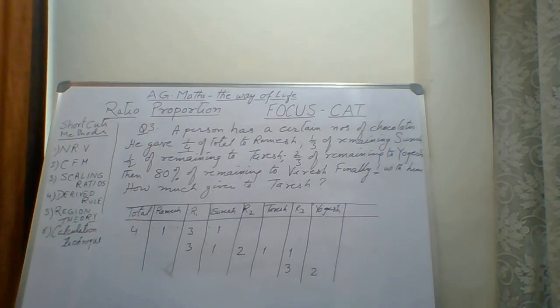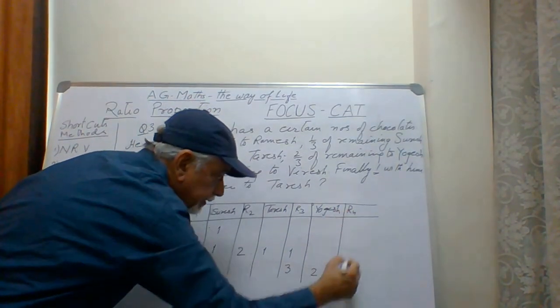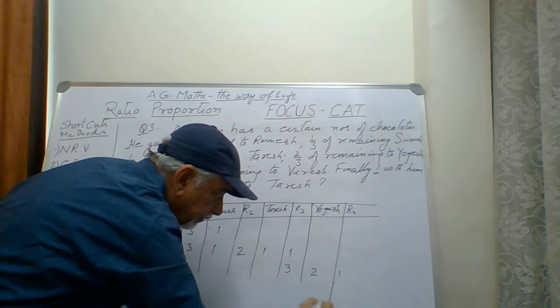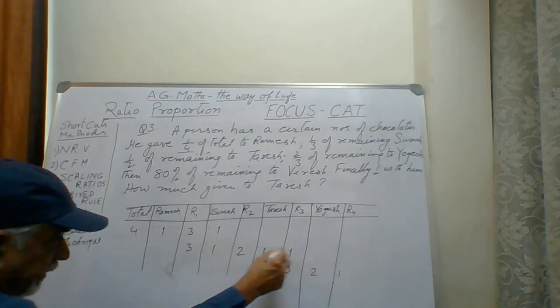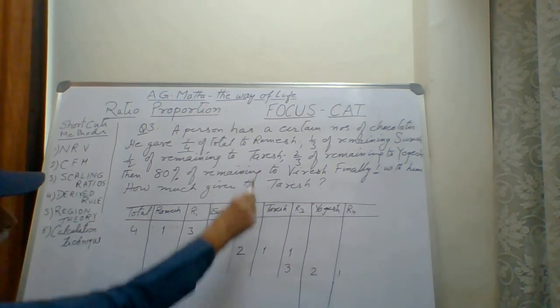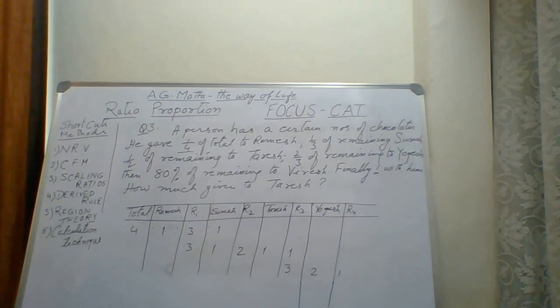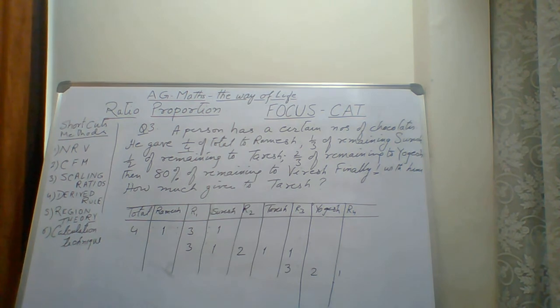Then what is the remaining with him? Now the remainder at our 4th stage, he has got 1 only. Correct? I converted this remainder as suppose 3, and from this 3 he can give 2/3 of the remaining to Yogesh. Just 2/3 of the remaining to Yogesh he has given. So he got